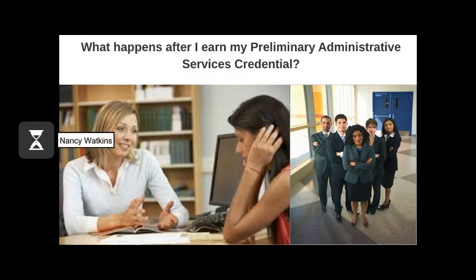After earning the preliminary administrative services credential, you're ready to apply for jobs that require this credential. Once you're in that role, you can start thinking about how you might want to earn your clear administrative credential. To be eligible for your clear administrative credential, you must first possess a valid preliminary administrative services credential, verify a minimum of 2 years of successful experience in a full-time administrative position in a California school, and complete a CTC-approved